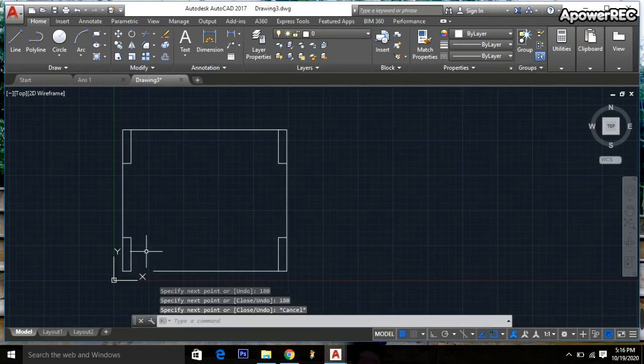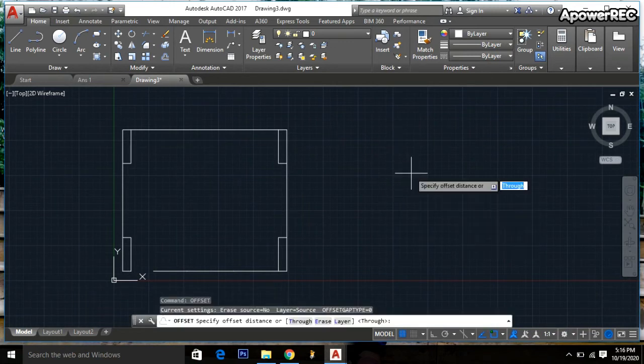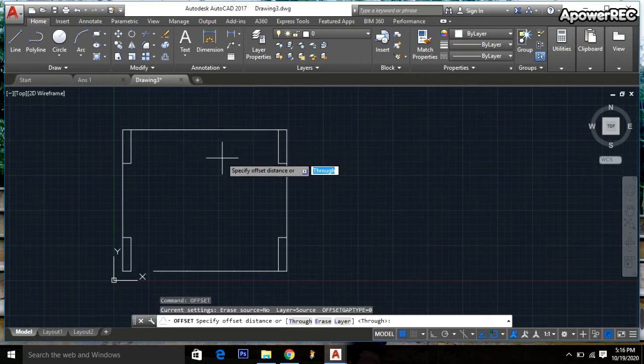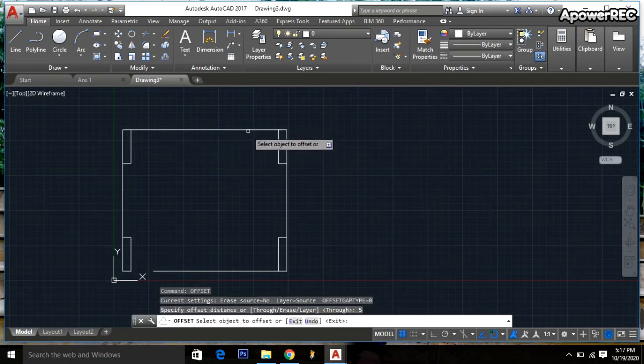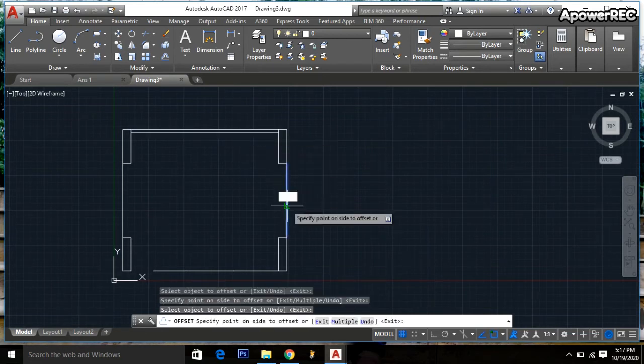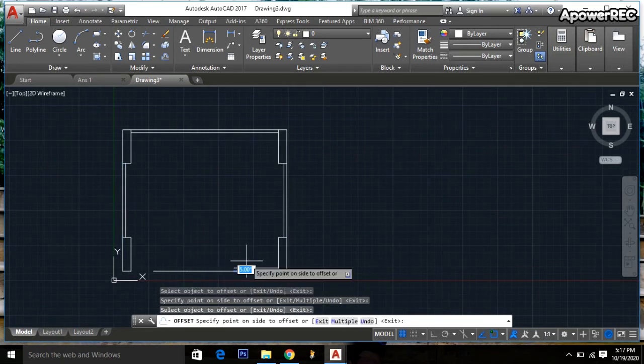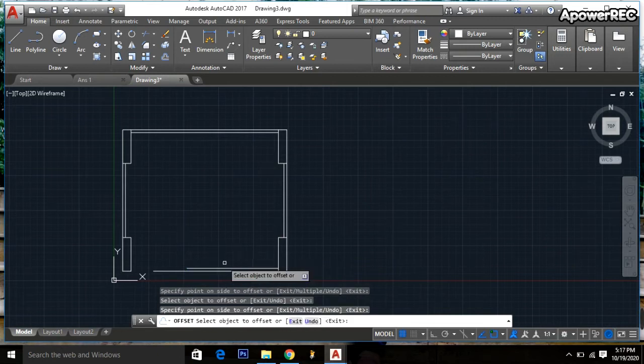So escape. Then I am going to the offset here, or I am pressing O, enter, and the offset will be 5. I mean the wall will be 5 inch, so enter, and click on this, and another click inside, one click, another click inside, similarly.